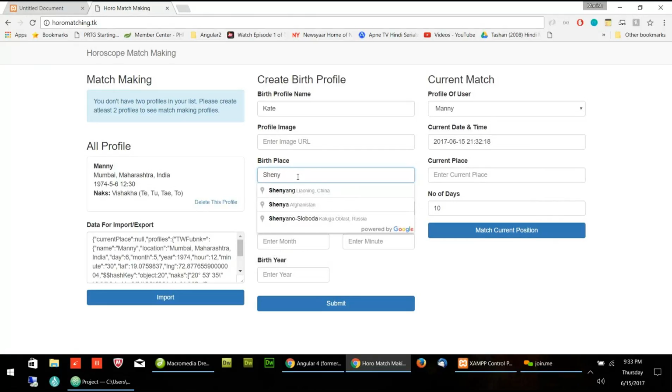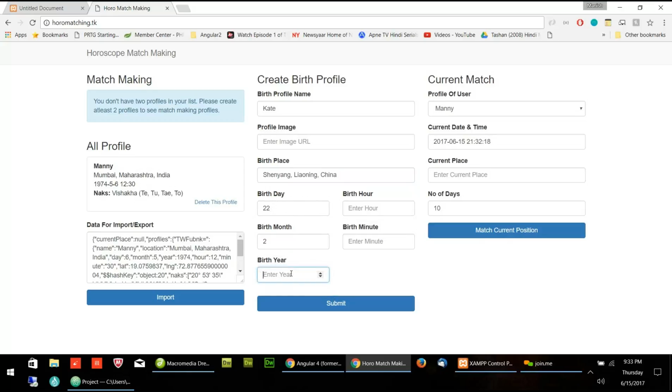Yeah, this is correct. What is your birthday? 22nd February, year 1986. Okay, and hour, do you remember the hour? Generally maybe 6 p.m., zero minutes, just after zero.